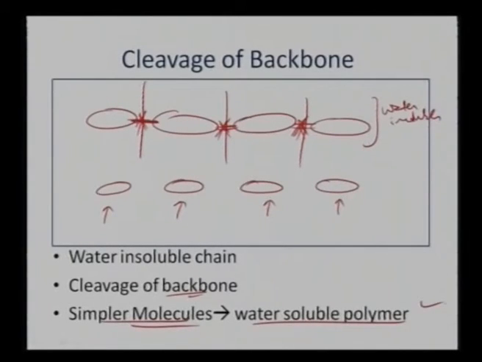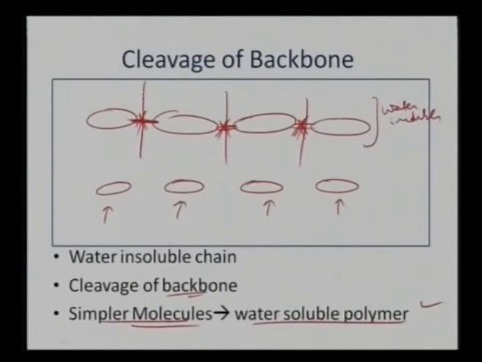So in the first case we have breakage of the cross link itself, in the second case we have cleaving of the side chain, and in the third case the cleaving of the backbone is occurring. And this might be the final process which might be occurring in the chemical degradation as soon as the polymer is becoming totally water soluble or getting totally cleaved. So this might be the eventual process which is basically dominating in terms of dissolving or eroding a biodegradable polymer. So that is what we can see out here.